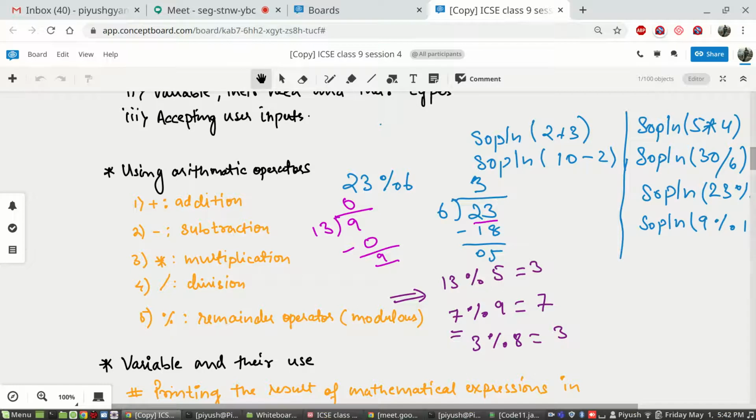In that case, we saw if you are dividing 23 by 6, the modulus operator will result in 5. Whereas if the divisor is greater than the dividend, just like here, 7 mod 9 will give you 7, 3 mod 8 will give you 3.